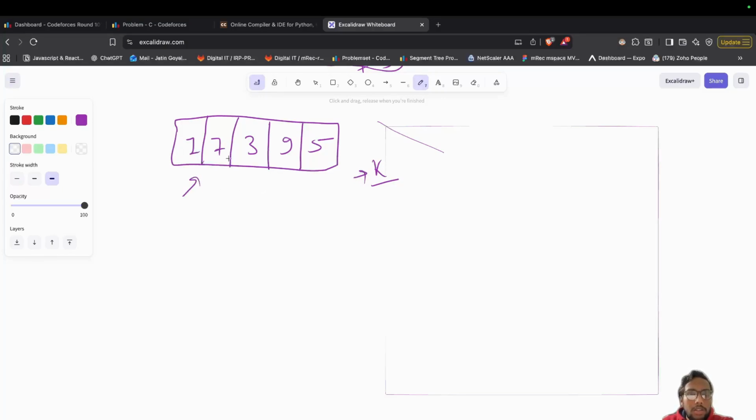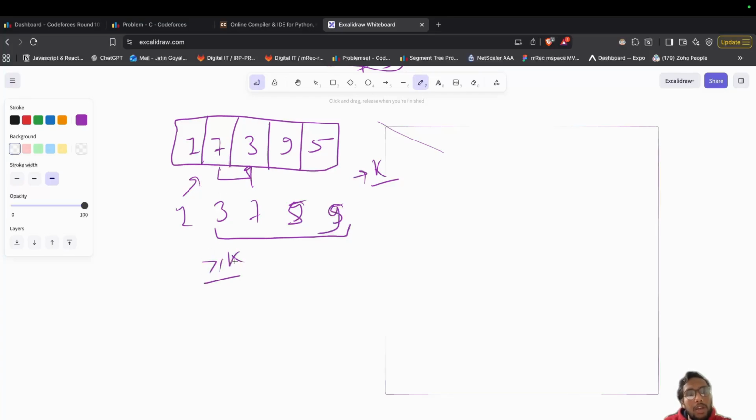To sort this array, first we have to find out how many elements are disturbed. As you can see, 7, 9 and 5 are disturbed, because the sorted one is 1, 3, 5, 7, 9. So 3, 7, 5, 9 are disturbed elements. So we have to place this 3 in this position. According to the question, we can only swap, and the condition of swap is that the difference between these two elements should be greater than or equal to